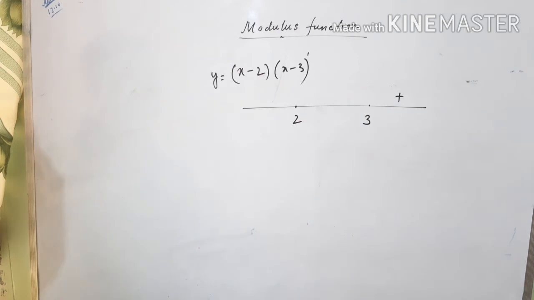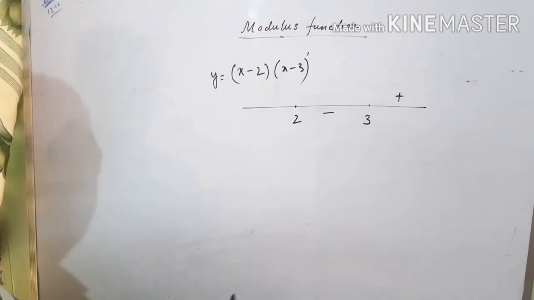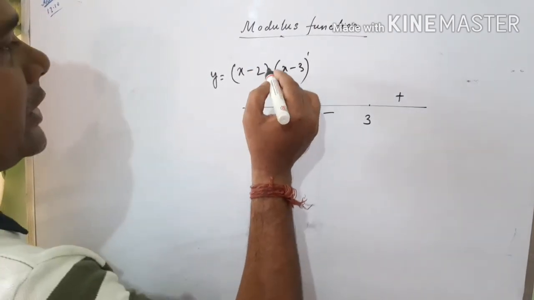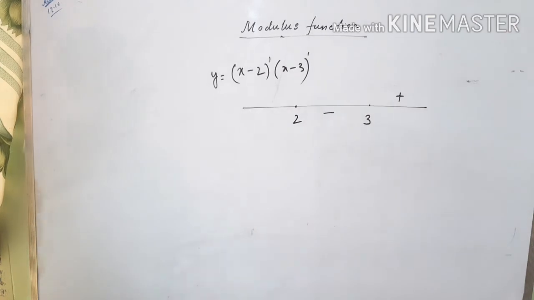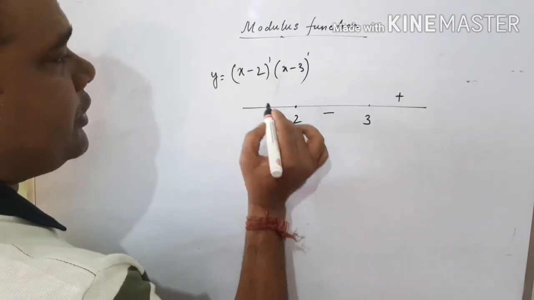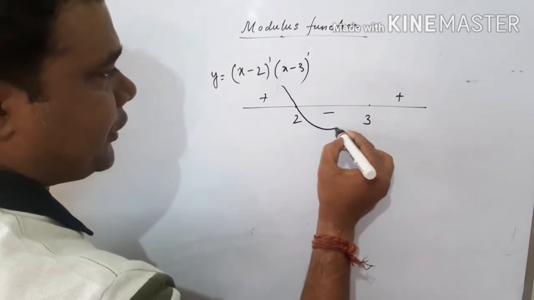1 is an odd number, so odd number means change. Here is the sign minus, and then who is separating? 2 is separating, coming from which factor? x minus 2, whose power is again 1. So this one is again a change, that means positive. So the sign graph is looking like this.